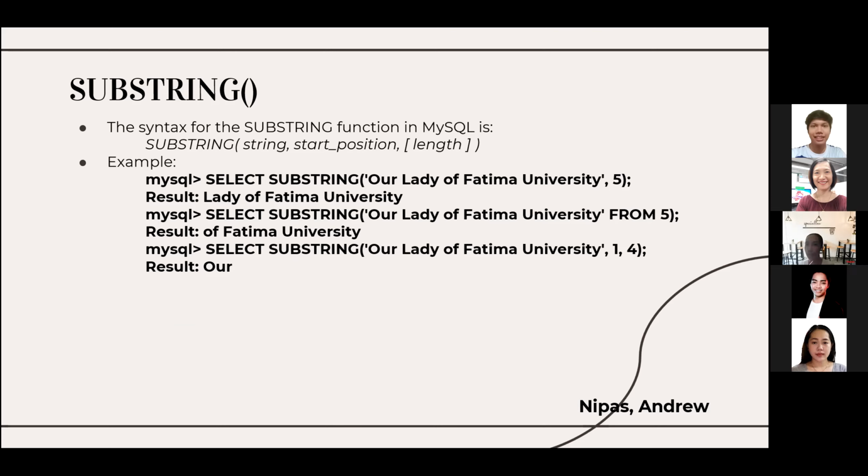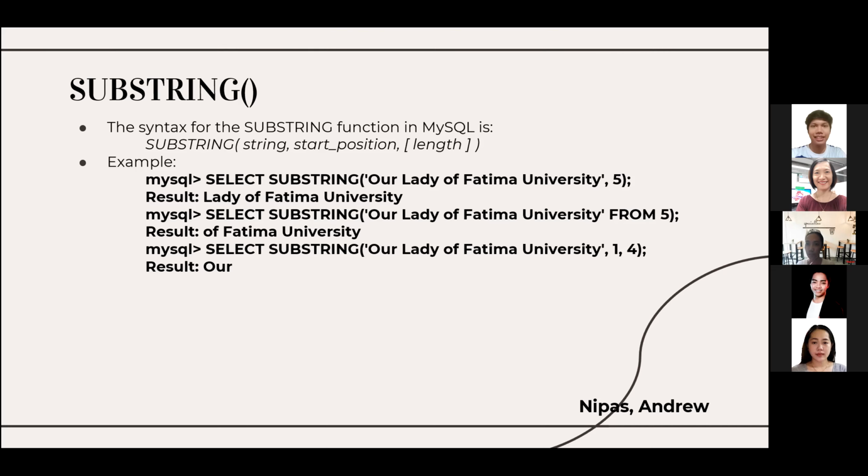Okay, so I will now discuss the substring function. The SQL substring function has the syntax of string, followed by the start position, then the length of the string. Then select substring Our Lady Fatima University, and the starting position is from 5. So as you can see on the result,